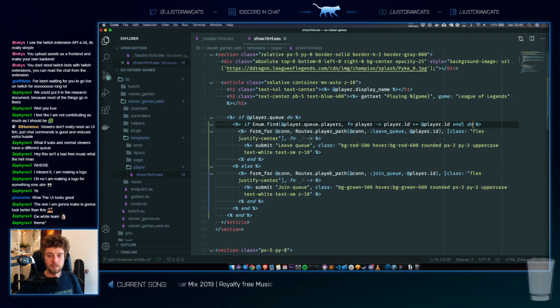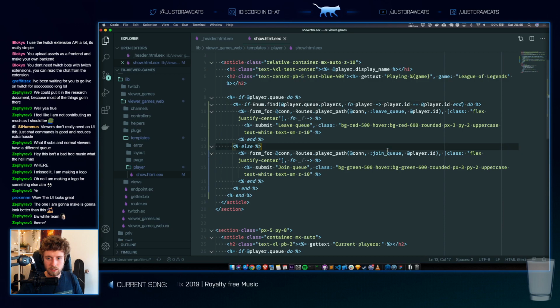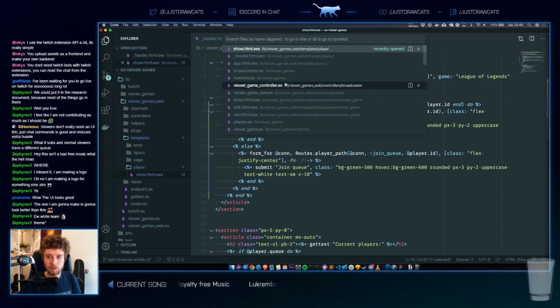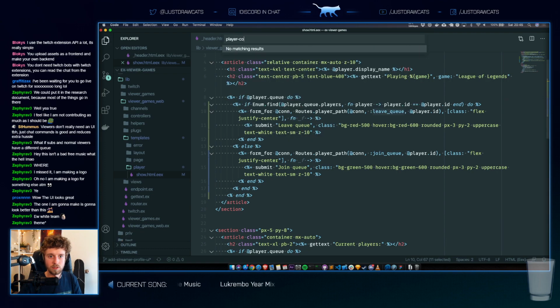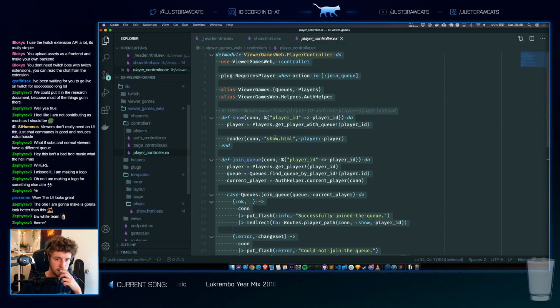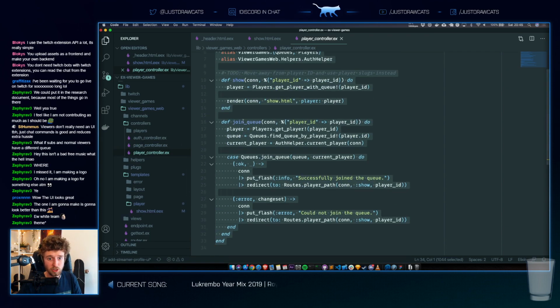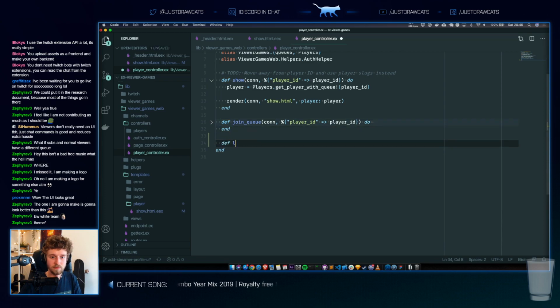Player path: the clause does not have a leave queue. Okay. Is there a route for this? Player controller. I have a way to join the queue, but you can never leave. Sure. I think I have a method for this, so why not just implement that?